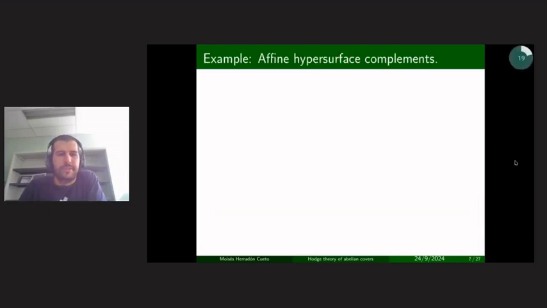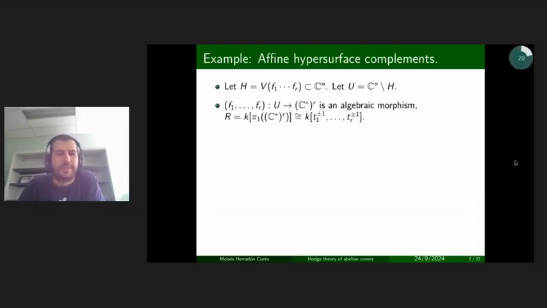Let me tell you the main example, the only example I keep in mind, which is what you get from hypersurfaces in affine space. This is already a very interesting example. So if we have a hypersurface cut out by some equations, r could be equal to 1, or maybe it's larger, and you look at the complement of the hypersurface, the equations give you maps to, in principle, C, but since you remove the zero sets, they actually land in C star. So this is my group now, and I get Alexander modules.